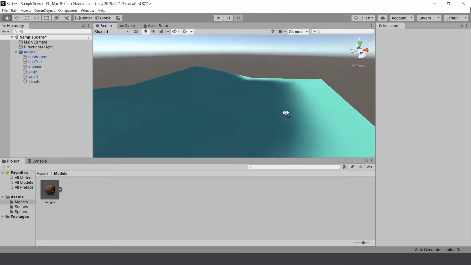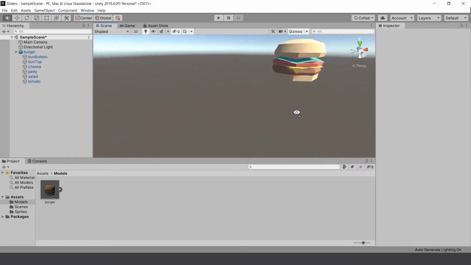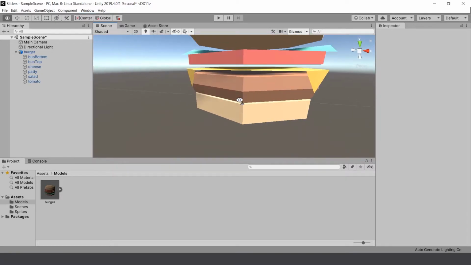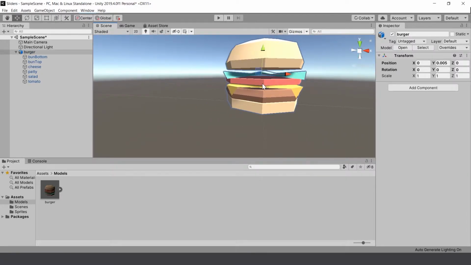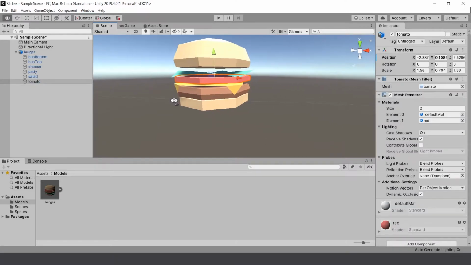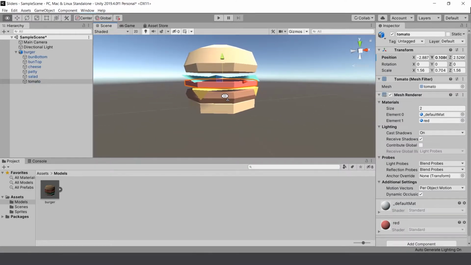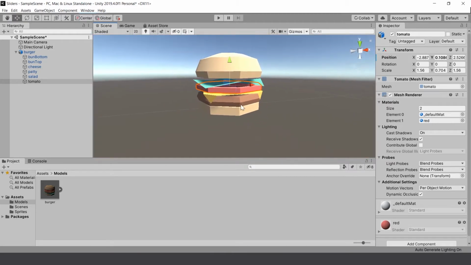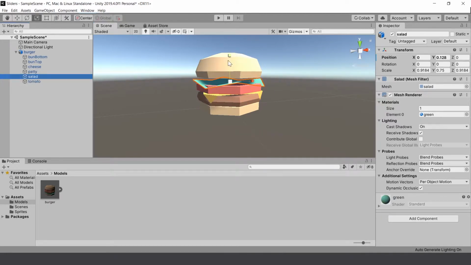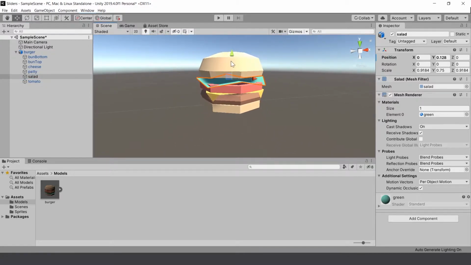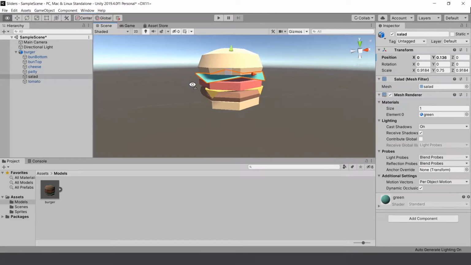Just purely for aesthetics, I suppose. And I think we could do with a juicier tomato slab. I like having the thick tomato slices. So let's make our tomato piece a little bit thicker, and let's make our salad a little bit more, I don't know how you would say it, but